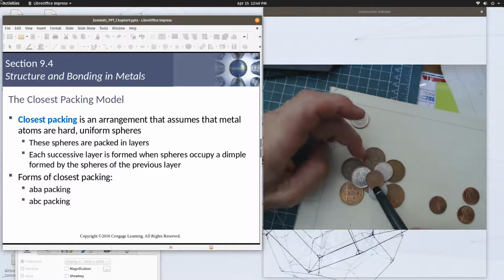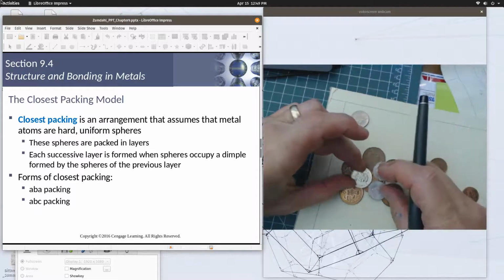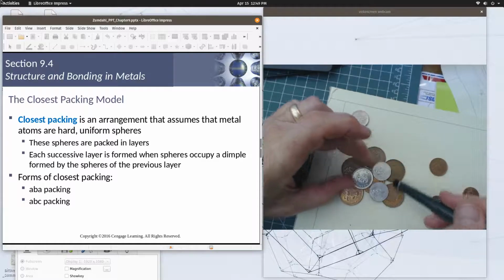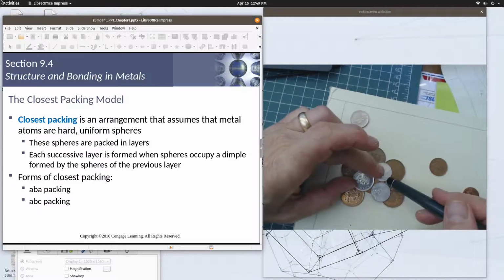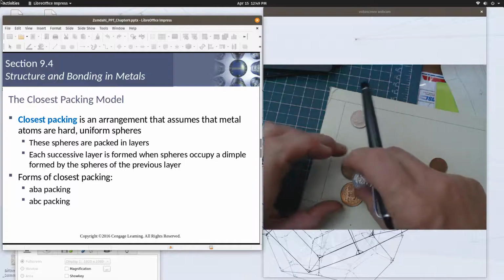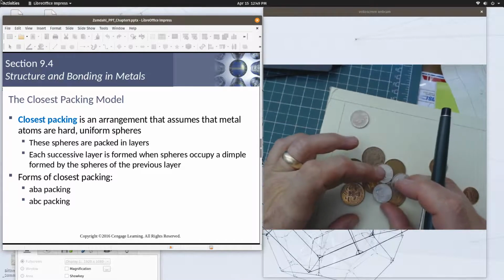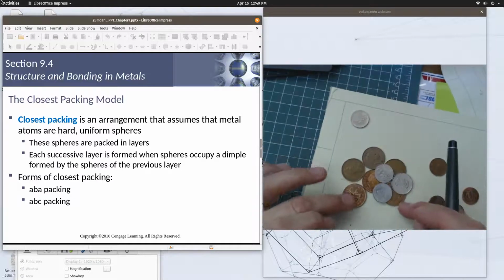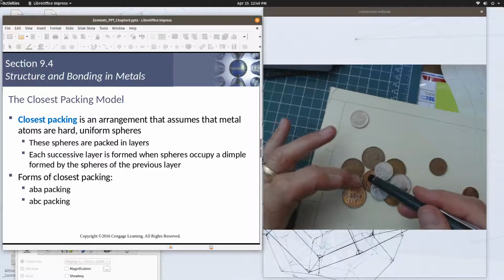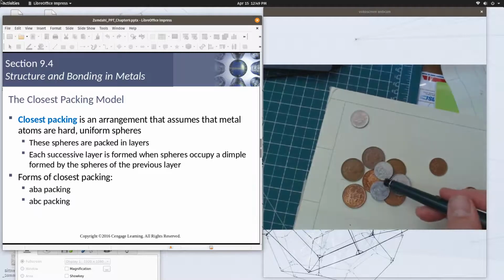Or I can set it off to the side here. See, I've got another little pocket. You notice that I can put things. I could actually put here, it's centered. So I could also put an atom right here. See, if I put an atom, because there's always going to be another, I can also have a hole right there. Instead of putting it on top, I can put an atom right here in this little pocket, and